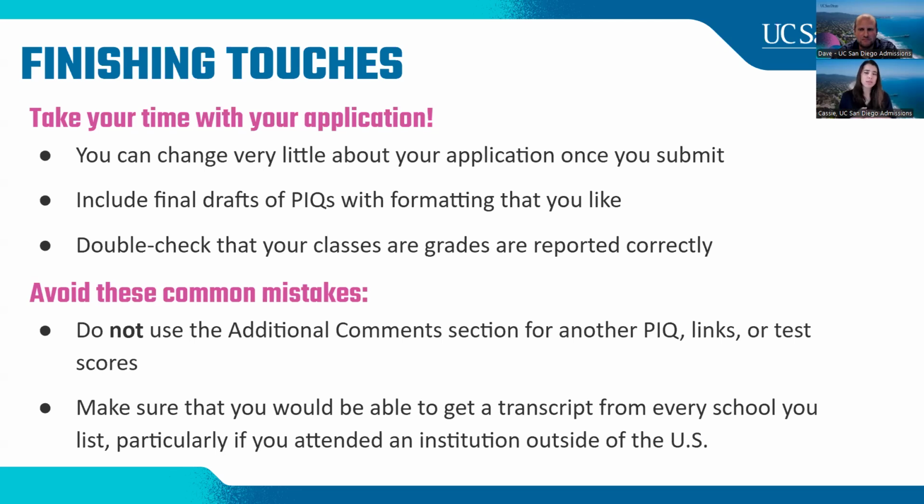And a really big common mistake that we see students do is they report the wrong class type. So if you're in an AP course, tell us that it was AP. If you're in an AP course, we want to know that it was a more rigorous course that you took, that it's going to factor into your UC weighted GPA. So make sure you're reporting those class types correctly as well, and for the correct years too. And avoid these common mistakes.